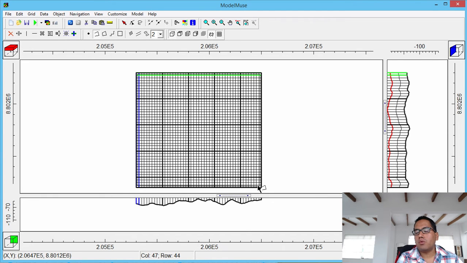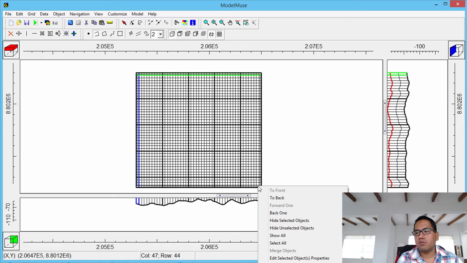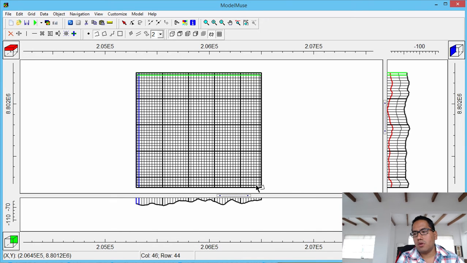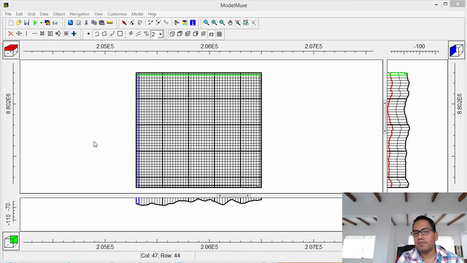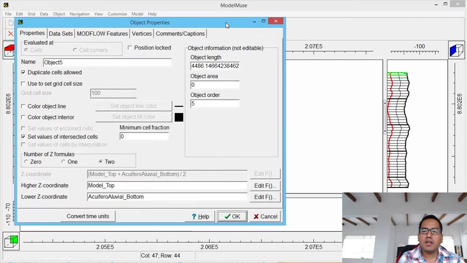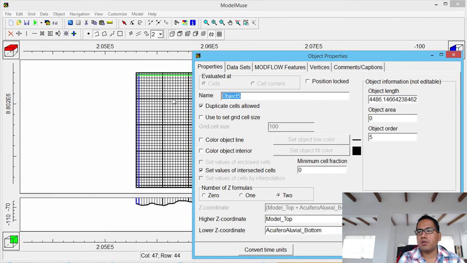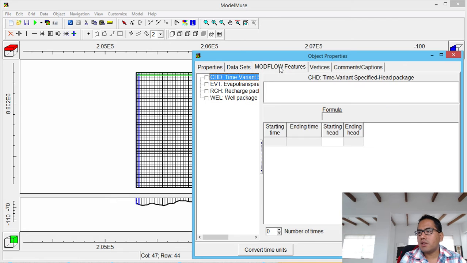And then we right click, no, double click, yep. And these will be our constant head boundary conditions, and it will be from model top to up. And this will be our CHD, where it will be as well in the whole model,